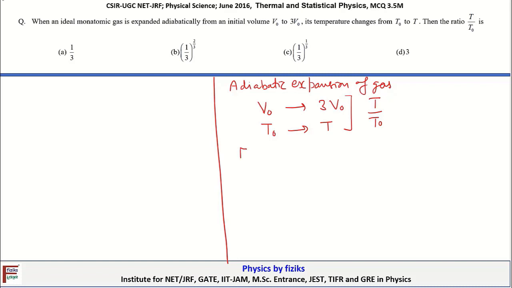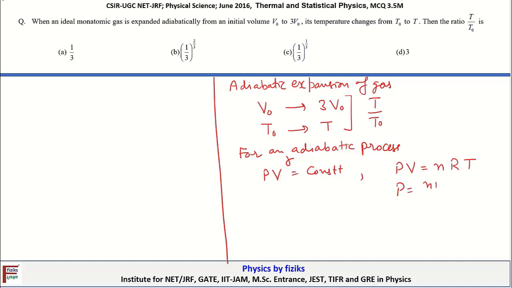So we know that for an adiabatic process, this relationship is known to us: PV to the power gamma is equal to constant. It's valid when the adiabatic expansion is taking place. Because the gas is given to be an ideal monatomic gas, the gas is bound to satisfy the ideal gas equation, which is PV equal to nRT. Now here P is equal to nRT divided by V. So when we substitute P equal to nRT by V here, what we obtain is